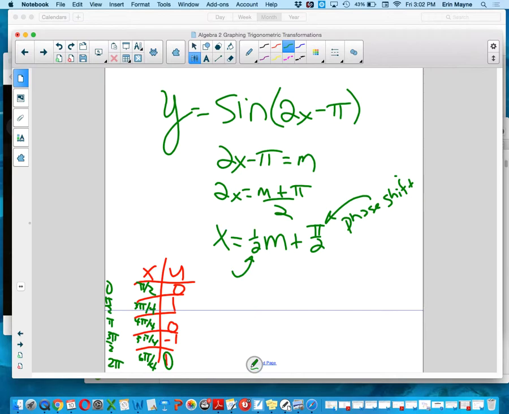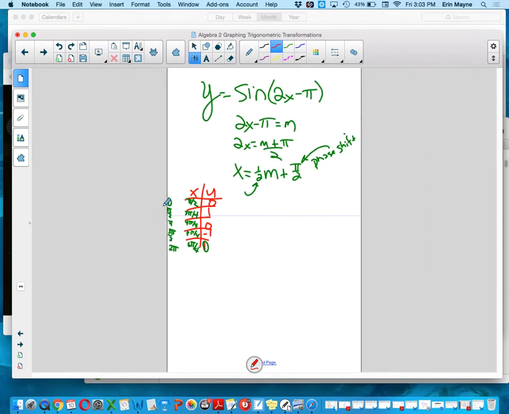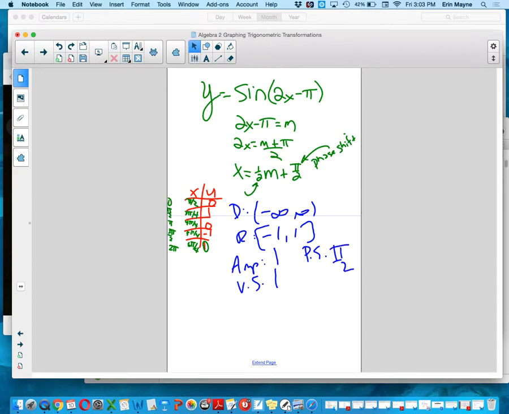Now, I'm going to go all the way up to 305, so don't move, because then I think I can get you out of here on time. But I want you to notice something. If I were to have said from the very beginning, what is the domain, you would have told me what? You would have told me the range is what? Minimum of what? Maximum of what? Okay. The original amplitude stays the same. Still what? Was there a vertical shift? No. None. But was there a phase shift? Yes. What is it? Yeah, pi over 2. Now, wouldn't you have told me that the period